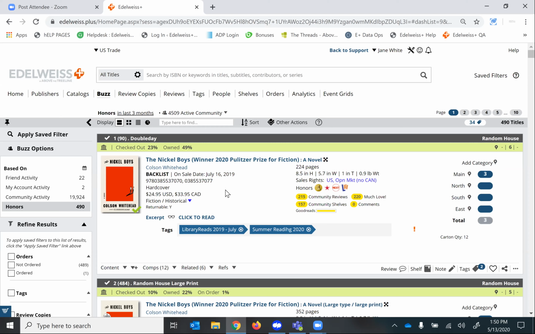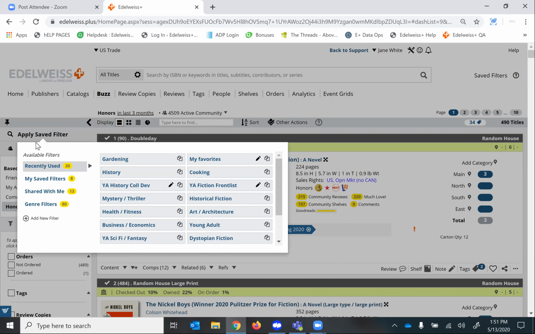Recognitions include starred reviews in the library literature, for example, Booklist, Library Journal, Kirkus, SLJ, Hornbook, and Publishers Weekly, or awards like Indie Next, Caldecott, Newbery. Honors is an excellent way to ensure that you don't miss out on any titles. You can add saved filters here by clicking on where it says Apply Save Filter to further narrow down to